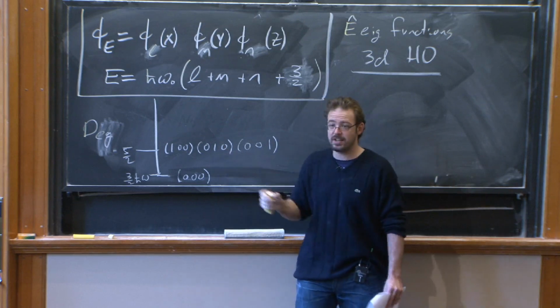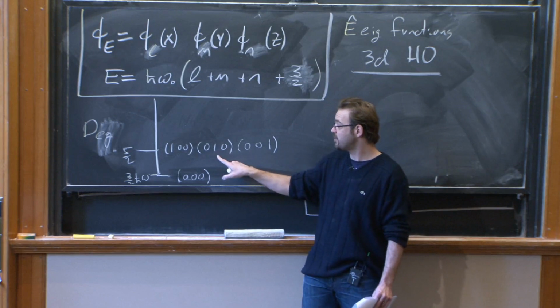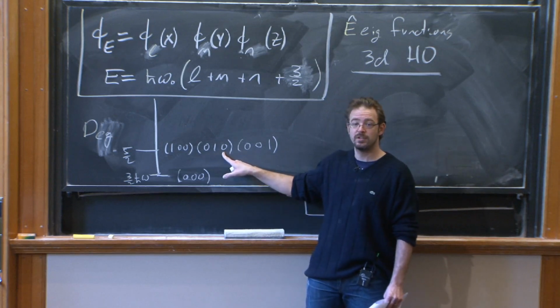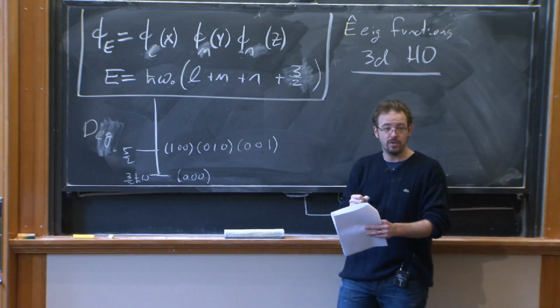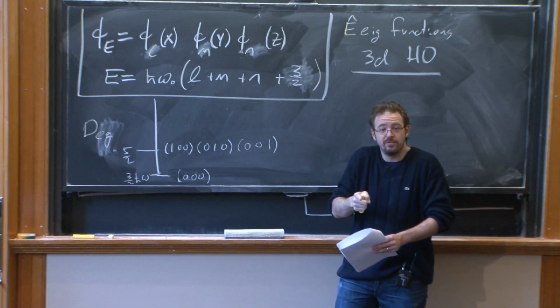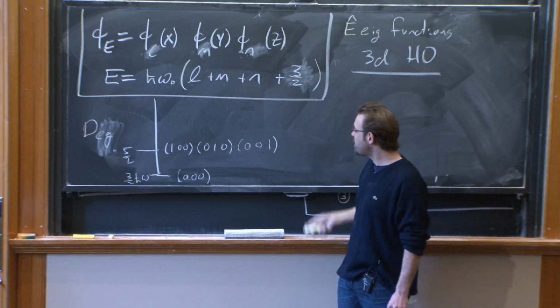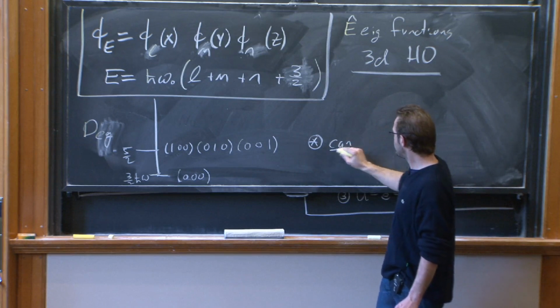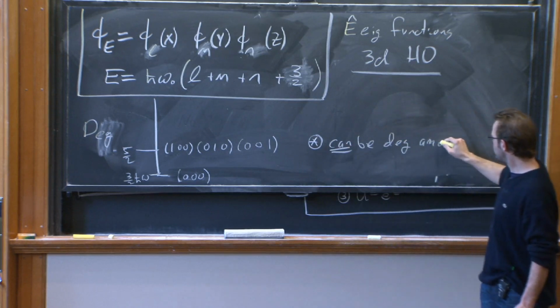Yeah? This one says you're Gaussian in the x direction. You have a node in the y direction as a function of y, because it's phi 1 of y. And you're Gaussian in the z direction. And this one says you have one excitation in the z direction. So they sound sort of rotated from each other. That sounds promising. OK. But in particular, what we've just discovered, sort of by construction, is that there can be degeneracies among bound states.